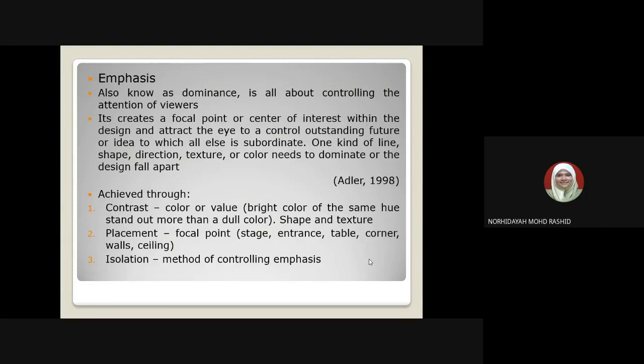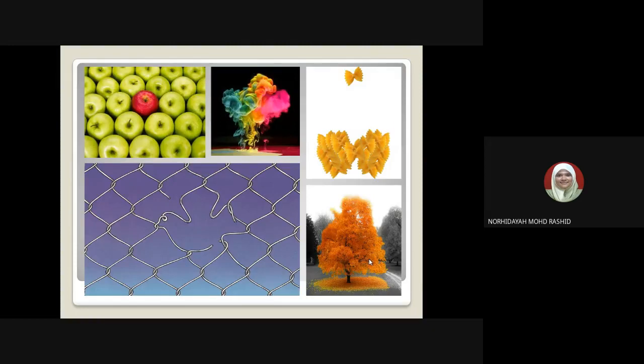Okay, contrast ni maybe yang this one lah. Kalau you tengok the apple tadi, semua adalah hijau, satu je merah. So mata awak bila buka picture ni, awak tengok-tengok je warna merah. They will create the attention awak. So dekat sini pun macam tu juga. This is actually spaghetti. Kalau you tengok semua kumpul kat situ, tiba-tiba ada satu kat atas. Berbeza. Macam tu juga dengan pagar ni.